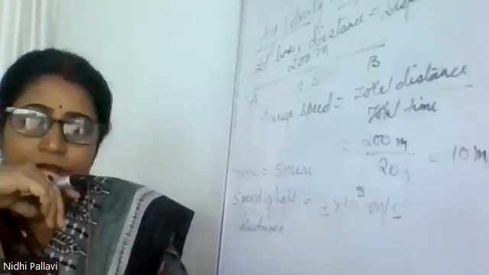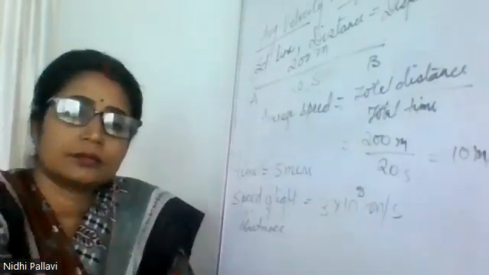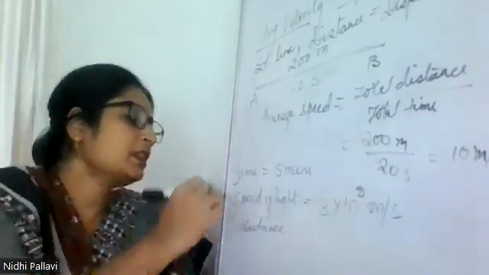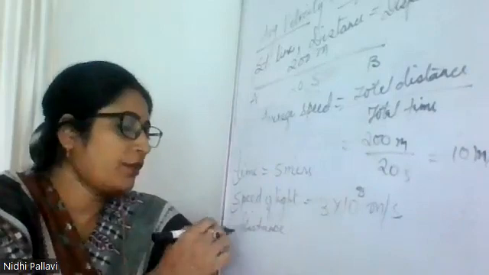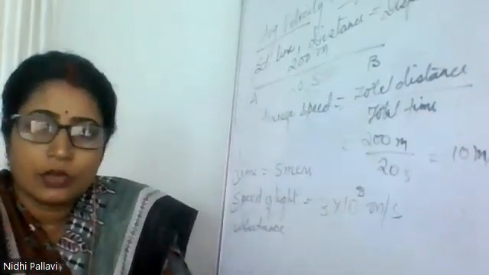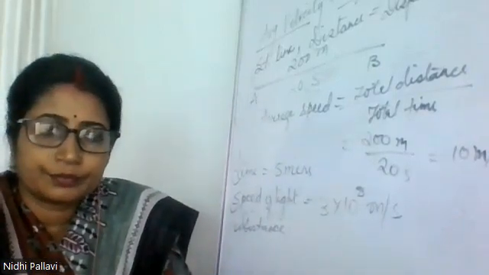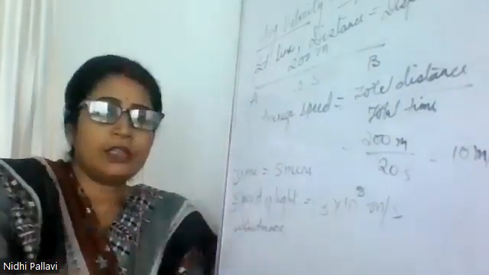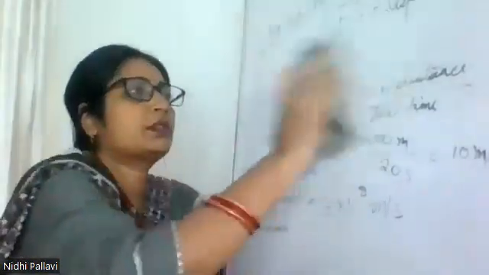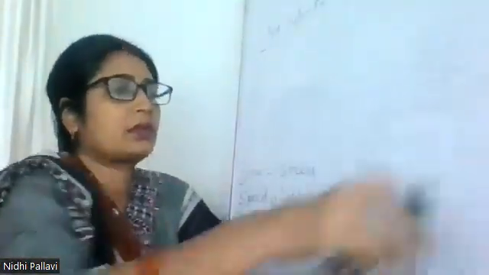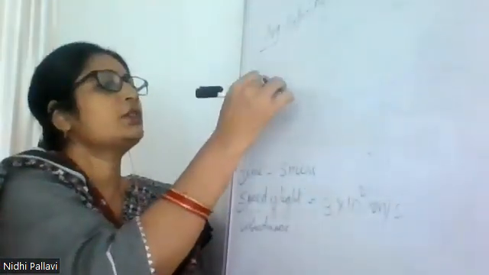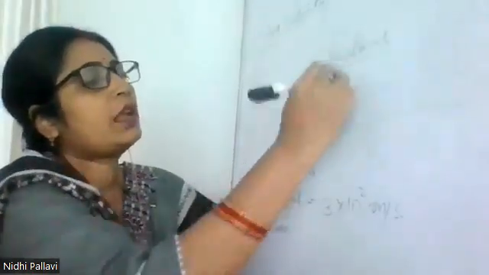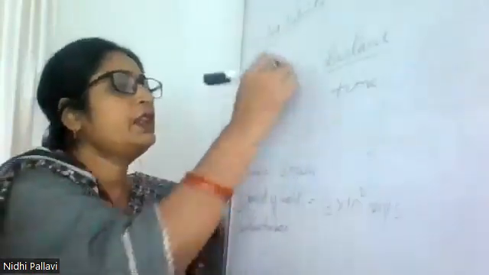How will you take it out? Tell me. Time is given, speed is given, you have to take out distance. What is speed equal to? Distance by time. Speed is equal to distance by time. So speed is given,